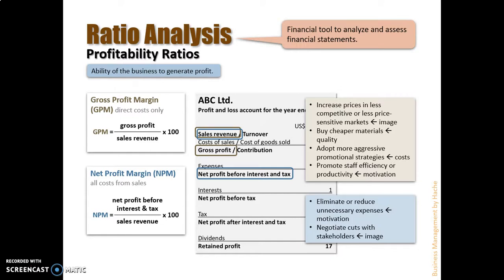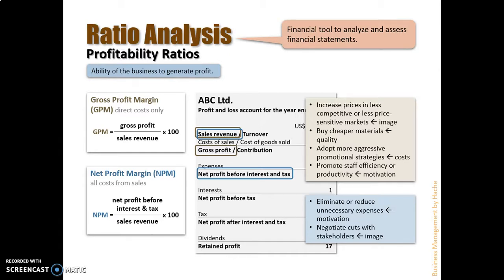But you have to be careful not to affect motivation by just cutting right away or unexpectedly those benefits that were given to your personnel, for example. So you have to analyze to what extent you can eliminate or reduce those unnecessary expenses. Something else that you can do is negotiate cuts with the stakeholders. You can negotiate to reduce some expenses with others, like for example, paying less rent,